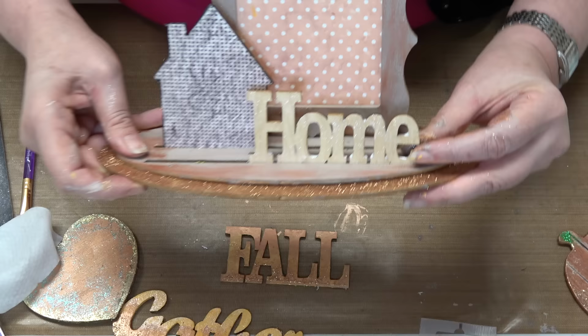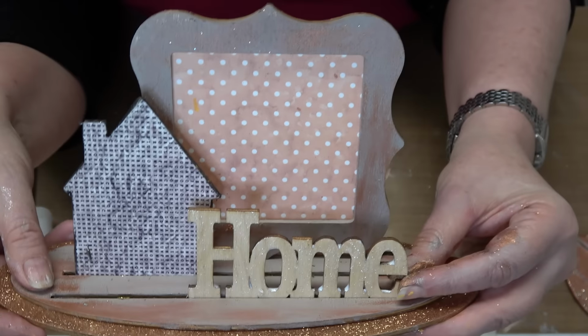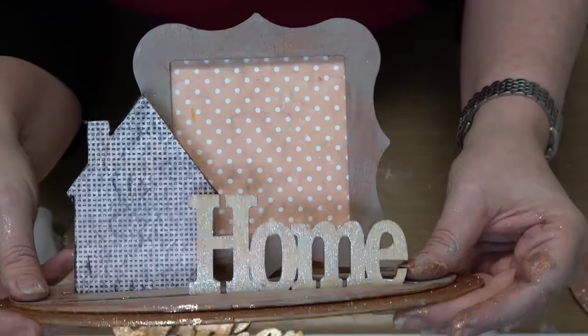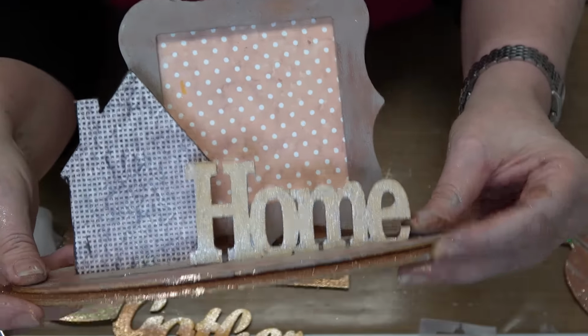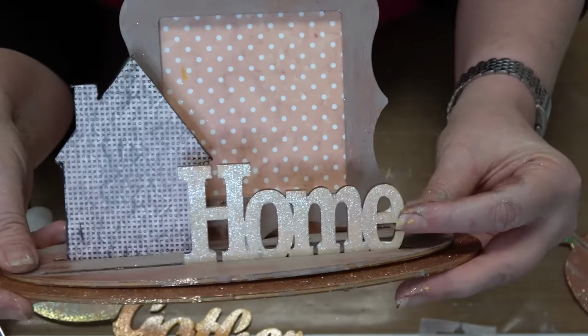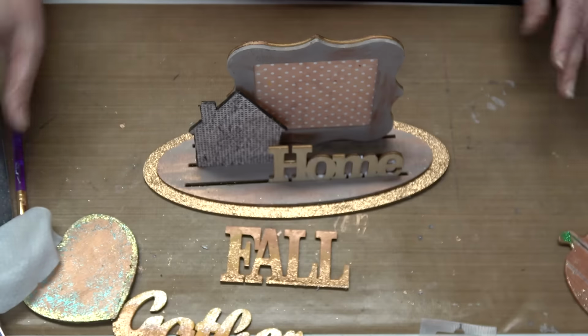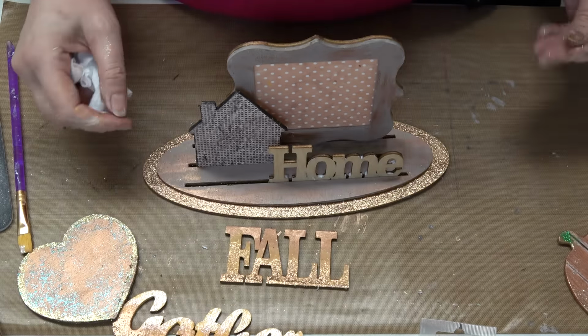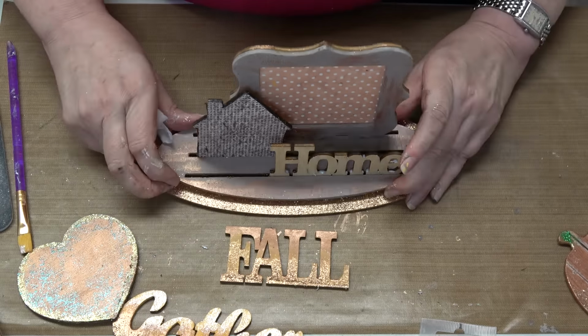And I just left it natural. Oh, that's so cute too. Look at the sheen on it. That's so cute. Okay. All right. So, holy smokes, what did we do today? We did a lot. We learned, look at